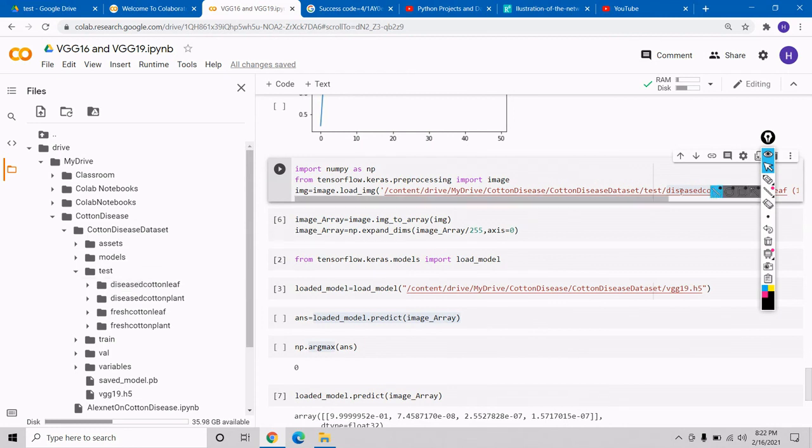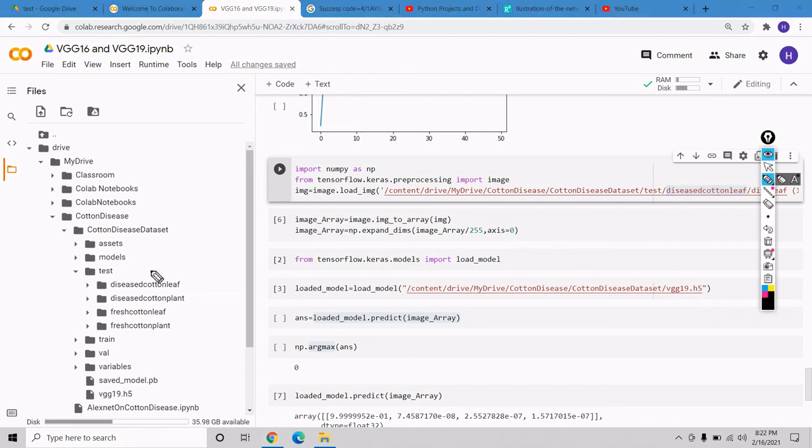So it is predicting very well. Here it is giving us 0. It simply means we have class 0 over here, then 1, 2, 3. For this class, it should give 0 and it is giving us 0. So it is predicting very well.